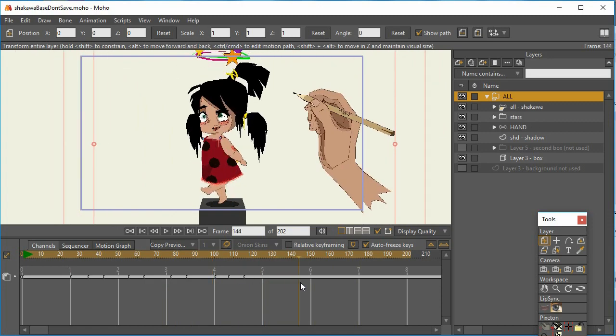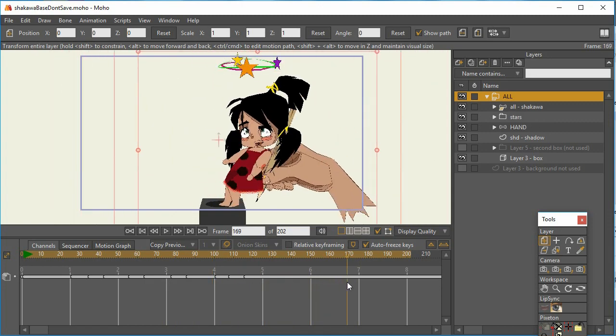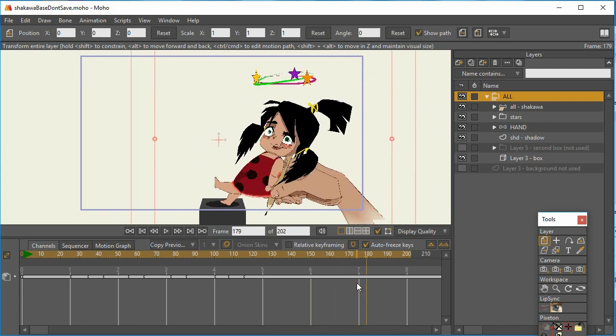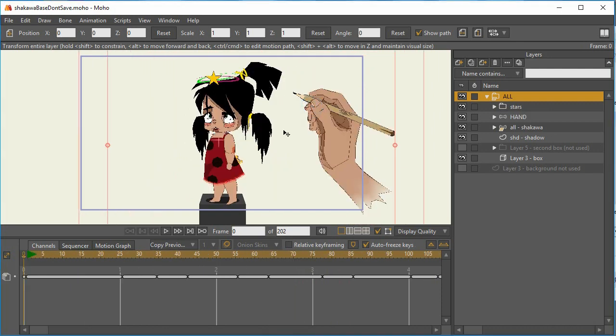Isn't that beautiful right there? Look at that wonderful movement of the character. Just wonderful. Okay, so now that we've talked about animating on the all layer, let's take a look at some